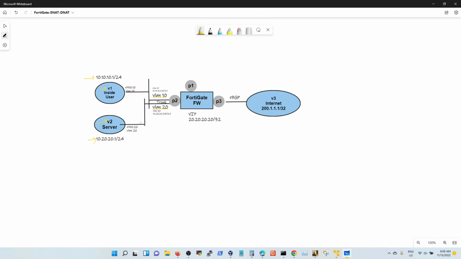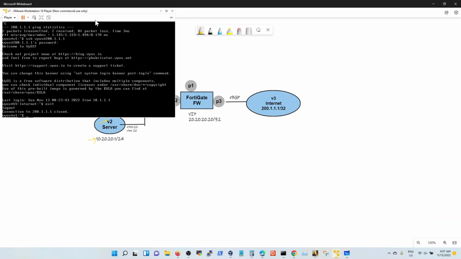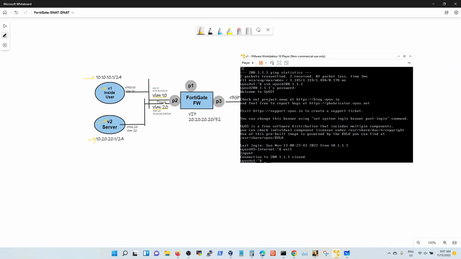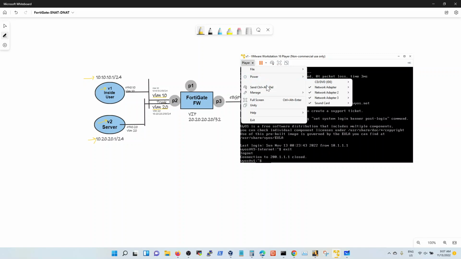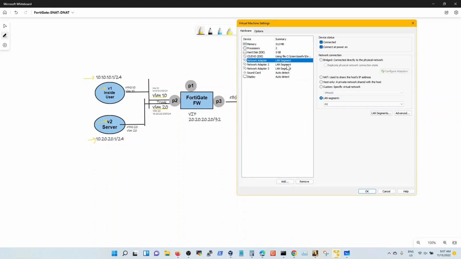So in VMware workstation or player that I have, I'm choosing the FortiGate. Let's just look at VOS 1. So VOS 1 is connected to VLAN 10, but it's connected to the same port on FortiGate, so it has to be the same wire. So the same wire is N1. N1 is our wire or segment